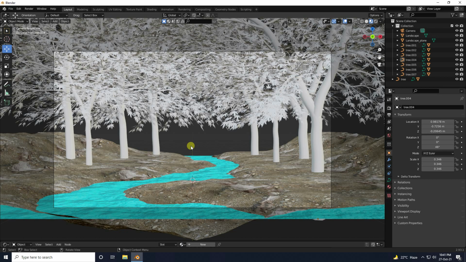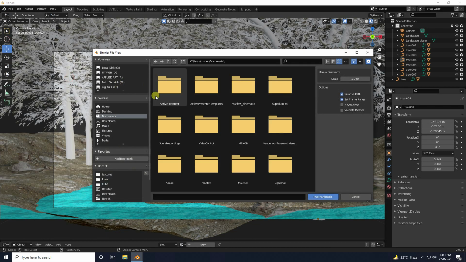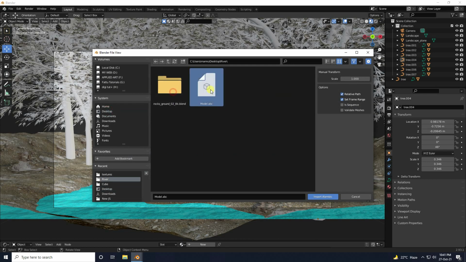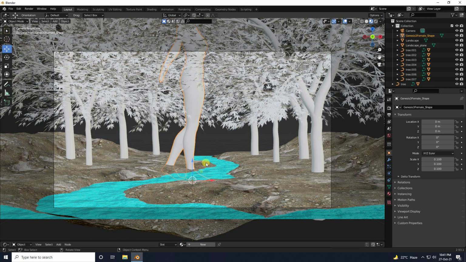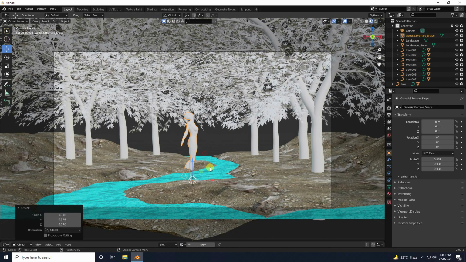Okay, so guys, now I apply a 3D character model. I have a 3D character model. So go to here and change the scale size to 0.1. Yeah. See guys, it's really good. And press scale size. Yeah.